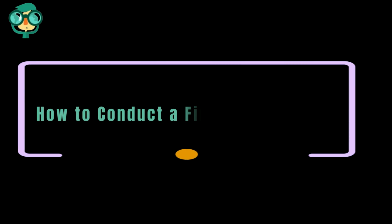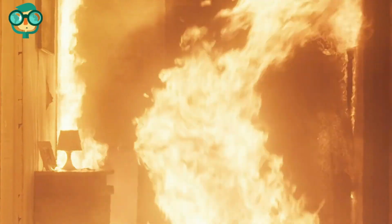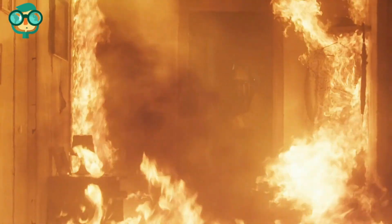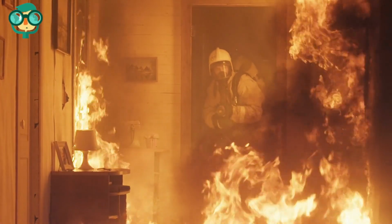Today, we will talk about how to conduct a fire drill at home. Let's have a look at the details. Being prepared in the event of a house fire can mean the difference between life and death, and should it happen, there is precious little time to waste. Prepare for the worst and keep your family safe by making a fire escape plan and conducting home fire drills